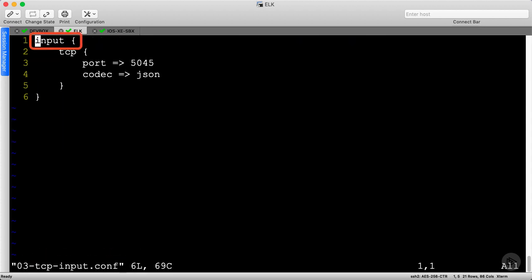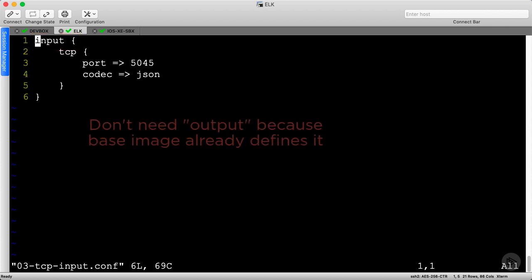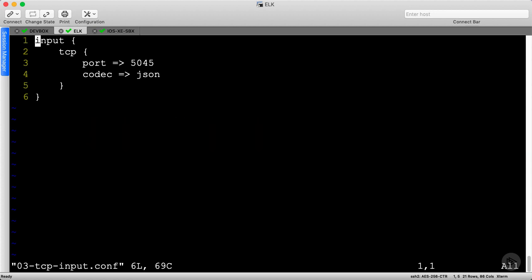The file begins with the word input because this defines another option on how Logstash can receive logs. If we were trying to determine how Logstash would send logs, we could use output. Logstash is already configured to send its logs to Elasticsearch, so we don't need to reconfigure that. However, we do need to tell Logstash to accept new logs on TCP port 5045 using JSON encoding. The default port for Logstash is 5044, which ties into an optional component named FileBeats, which we don't care about. I chose 5045 because it was the next port in sequence, but you could pick any available port.